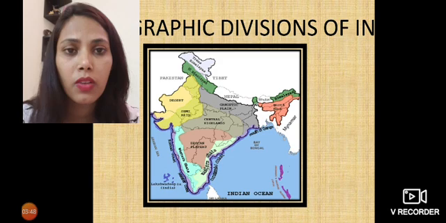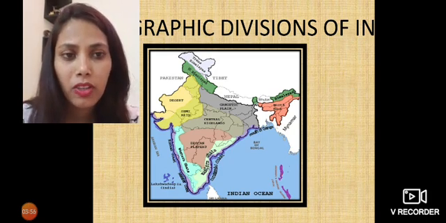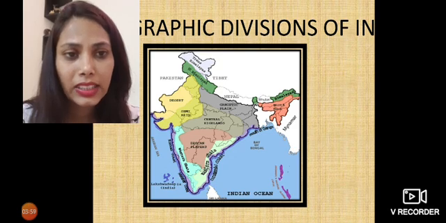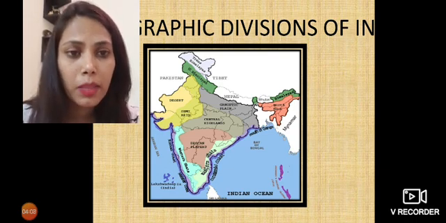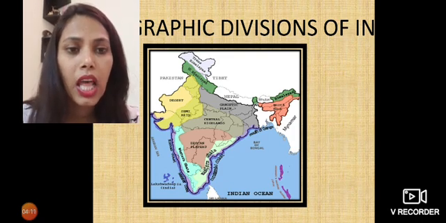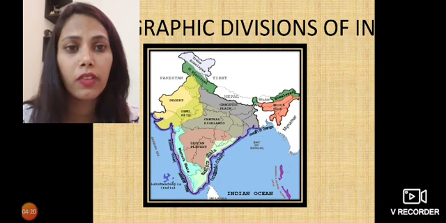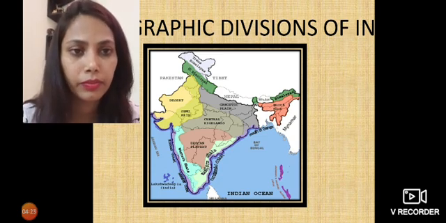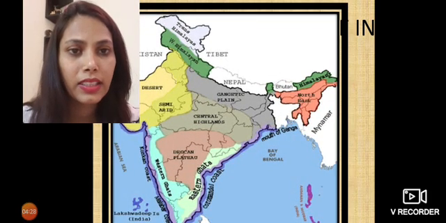Third is the desert, which is in the west, in the yellow color. Fourth is the Deccan Plateau. You can see in the brown, Deccan Plateau is given. Central Highlands above in the north of Deccan Plateau. Then Western Ghats, Eastern Ghats. This is all Peninsular Plateau. Fifth is the coastal plains given in purple here. And sixth is the island groups, in the Arabian Sea and Bay of Bengal. So this is showing all the physiographic divisions of India. You can see it clearly.